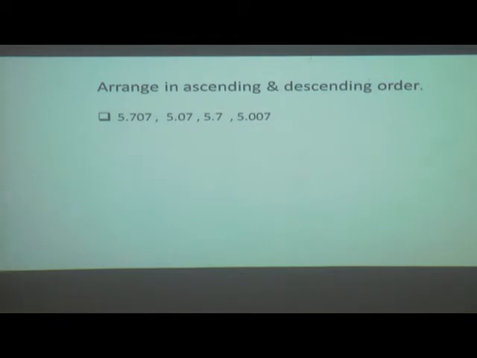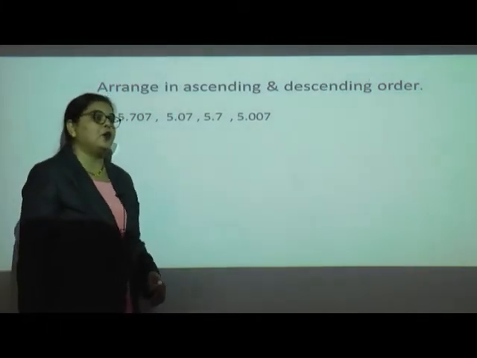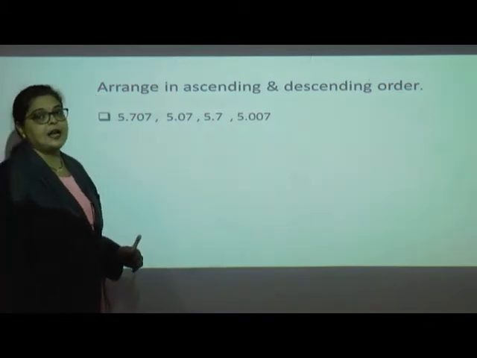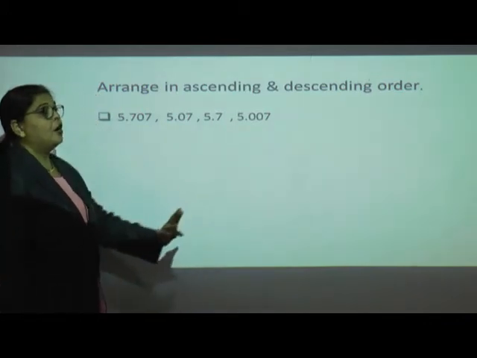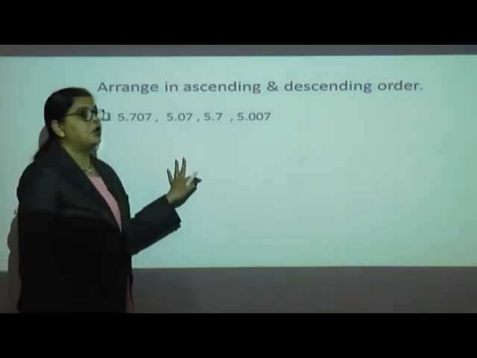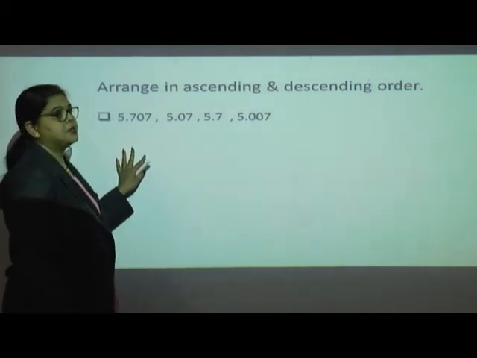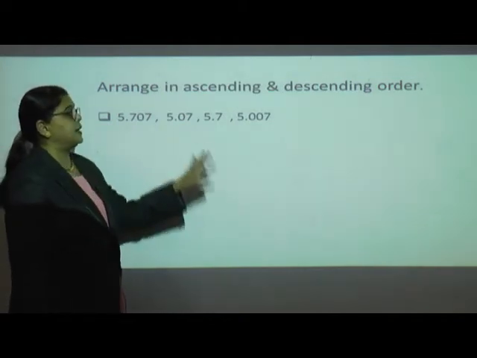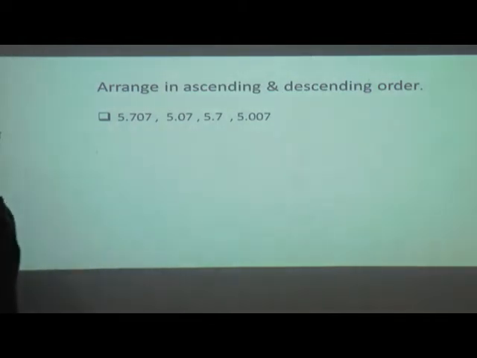Now arrange in ascending and descending order. I have taken both questions together. What is ascending order? You know very well, because we learned it in the first or second standard. There we had whole numbers. Today we are going to learn decimal numbers. Arrange these decimal numbers in ascending and descending order. First what will we do? We will compare first. Ascending means the smaller number should be first, then the greater number will come later, and vice versa is descending order.